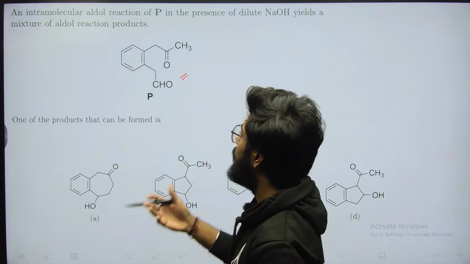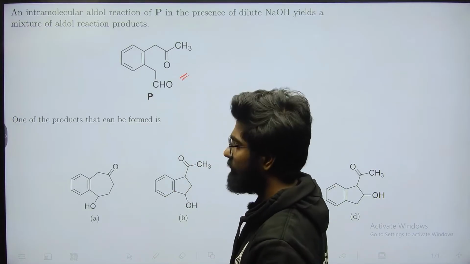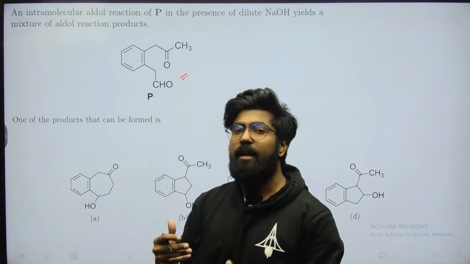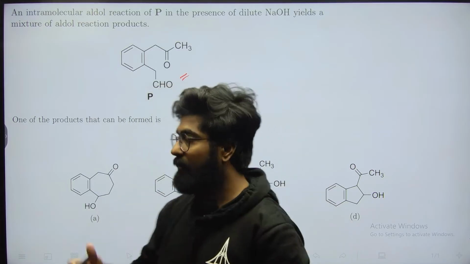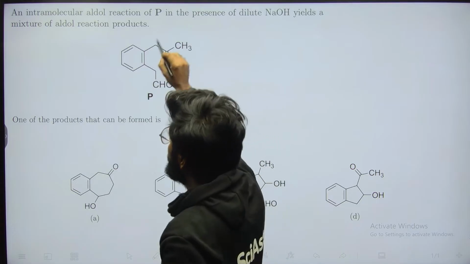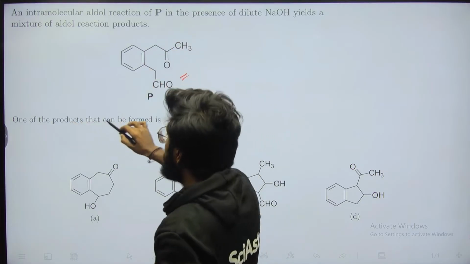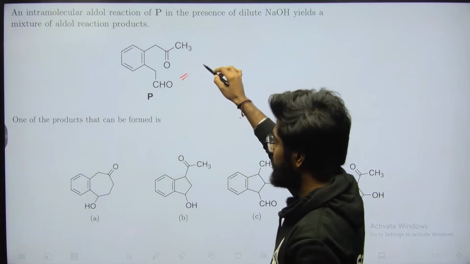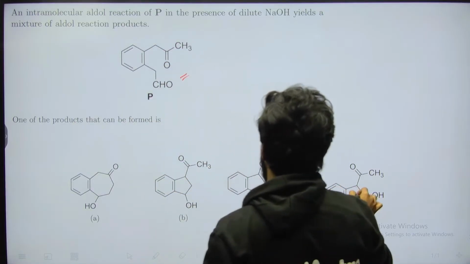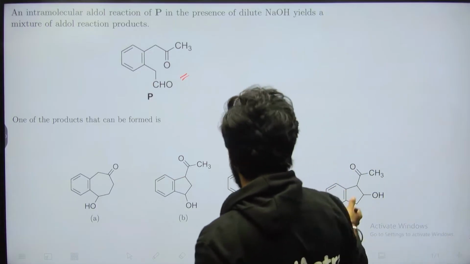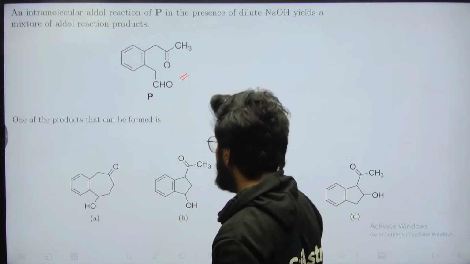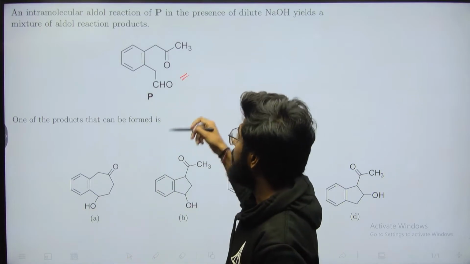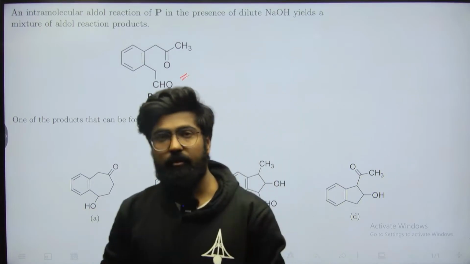reaction. Now we know that substantially this compound can give a variety of aldol products because of the presence of a variety of alpha hydrogens available here, right? So now what they are saying, that one of the products that can be formed through the aldol reaction via this substrate is which one basically. So basically there are four set of compounds and either one of them is basically feasible while you try to make it from the aldol reaction of this particular compound.